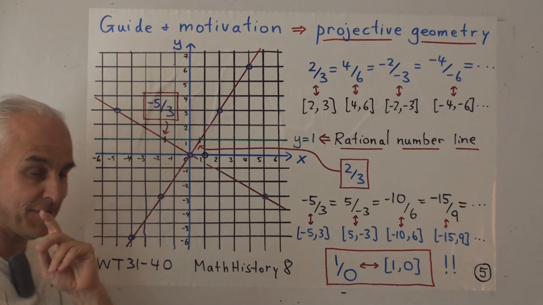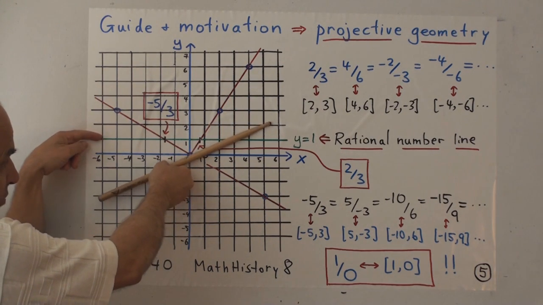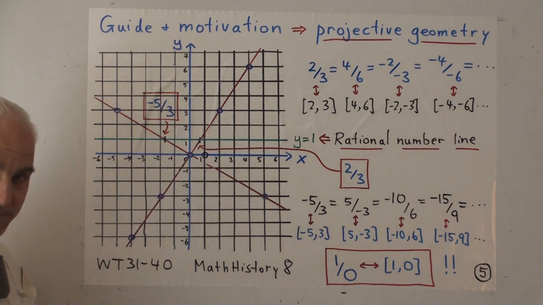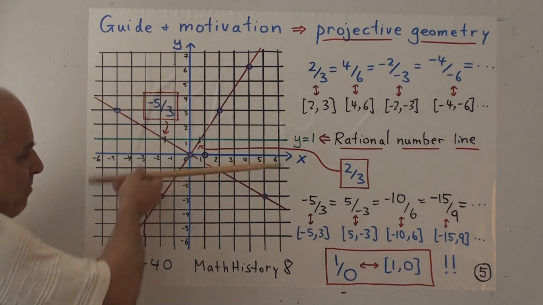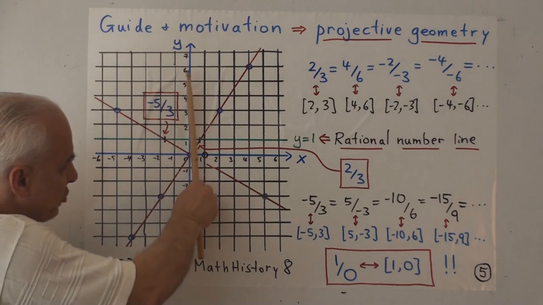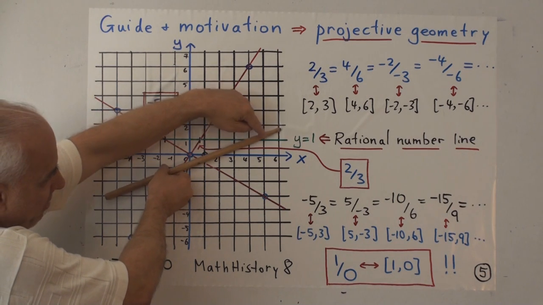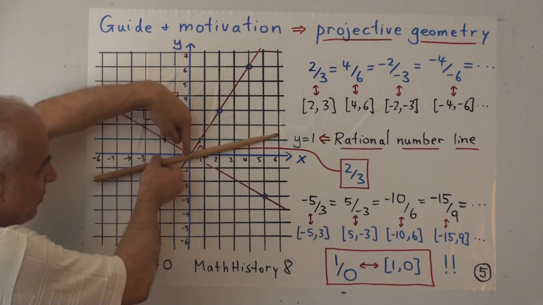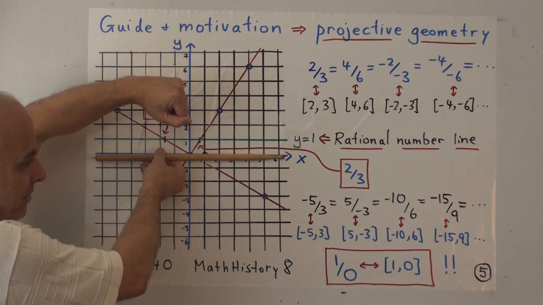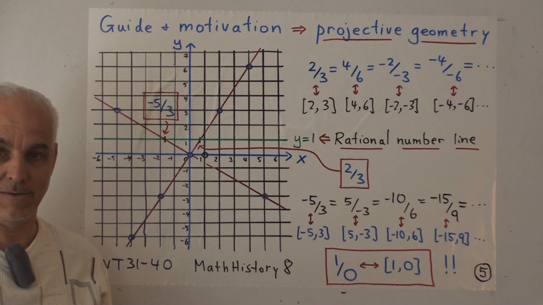Almost, but not quite. There is one line through the origin which does not meet this y = 1 line, and that's the purely horizontal line, the x-axis. That's exactly parallel to y = 1, so it doesn't meet it. And so it's kind of natural to start thinking, well, as this point on the number line gets bigger and bigger, the line through the origin is getting closer and closer to this horizontal line. So it's natural to think about this line as representing infinity.